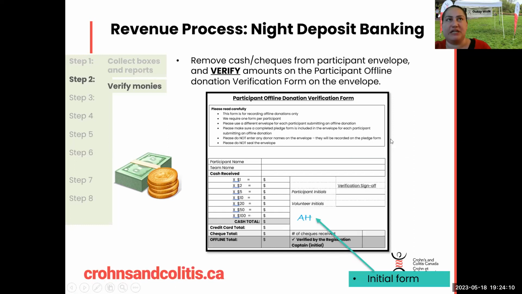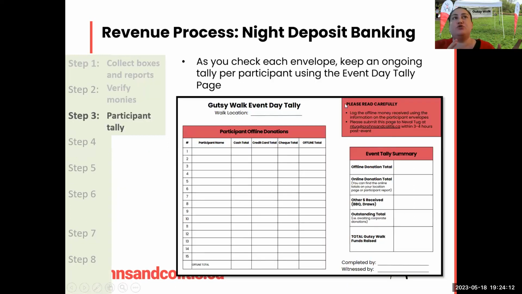So this is something we changed. We used to have a participant tally where you would enter each participant name who submitted an offline donation, and then we had another form where you would enter the total amounts raised, as well as the inventory. So we just combined those two reports, and now it's called the Gutsy Event Day Tally. The physical copy will be inside your registration package, but we will also have the digital copy available in the